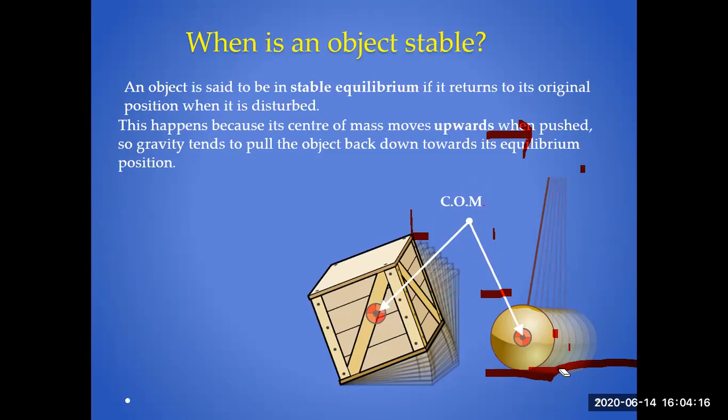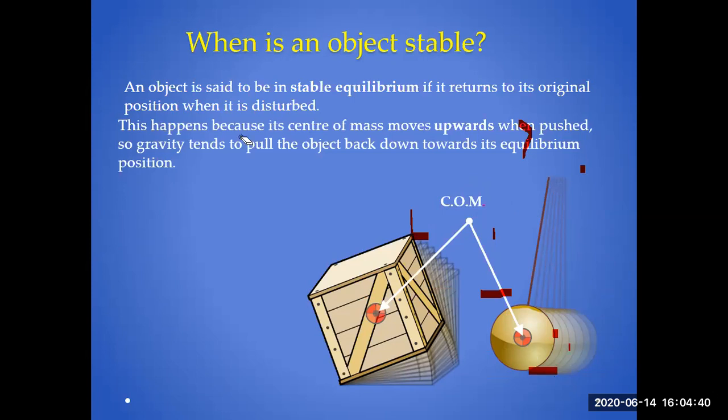What is happening there? Center of mass, COM. This is the center of mass. This is the point where gravitational force will be acting. So here you have raised it, it will come back. This is the first condition. Here it is not raised, nor is it lowered. It is a CD type of example. So this is neutral type of equilibrium.